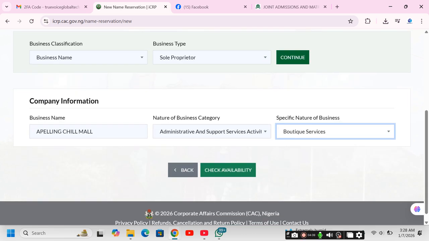After clicking boutique services, we are to do name search. So this is where you normally hear of name search. At this point, we are using the new CAC portal to do this tutorial, not the old portal, because the old portal was not like this. This new portal has also made it easier for people to be able to capture